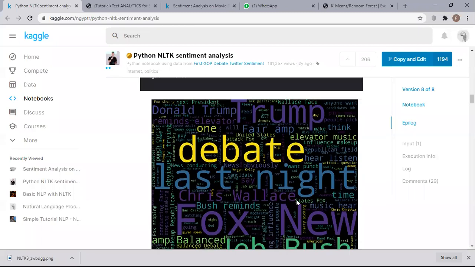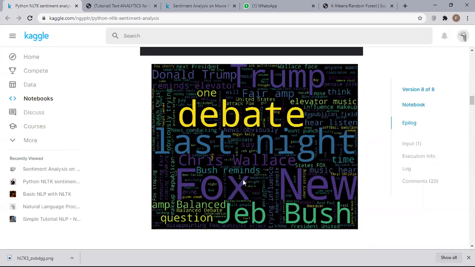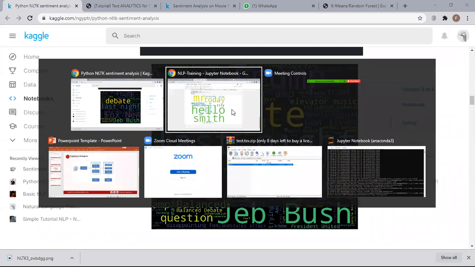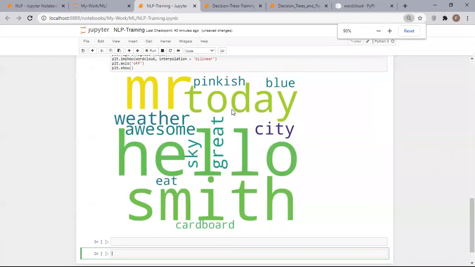So the word cloud helps you to do some EDA. You're able to see the words that have popped out the most, the words that have the most weight within your text. This is because you do not have the value counts. This is not structured data. So for you to be able to do some EDA, you can draw a word cloud so that you're able to see the distribution of the words that are within your text. So that is how you draw a word cloud. So by the time you get here,